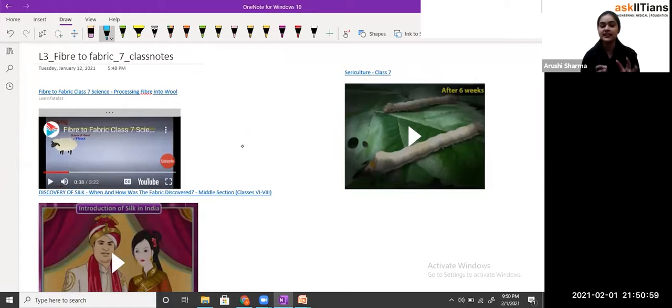So students, have you seen in this video what she is telling, that we can't directly use the fleece part or the hair part of the sheep to convert it into woolen clothes, or for making sweaters, shawls, and everything. So we have to follow some process so that we can get good material and then convert it. The first step is the shearing process, in which we first remove the fleece part or the hair part from the body of the sheep. That is called the shearing process.